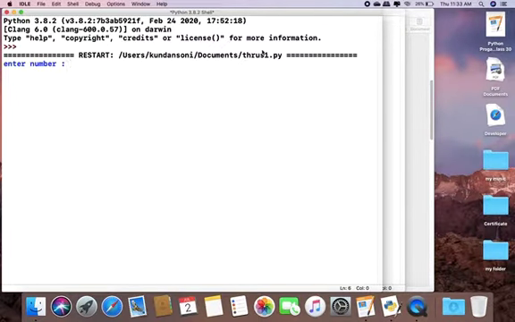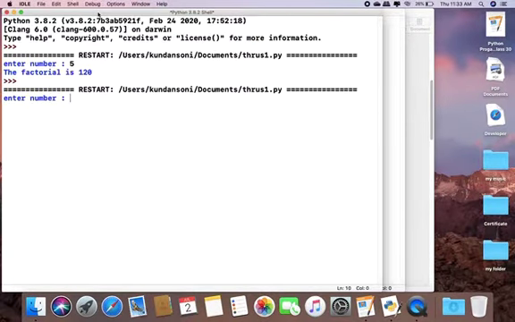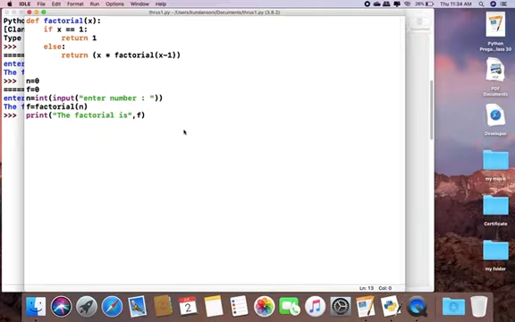Enter number 5. So factorial is 120. If I execute the program again, run module, and enter 3, it means 3 into 2 into 1, which equals 6. So we can find the factorial value of any number using a recursive function.